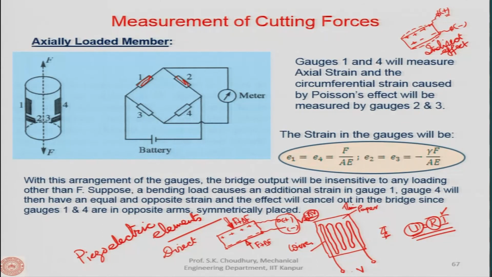So, this delta V will actually measure the change in the force that you are having, delta F. So, this change in the voltage, or the voltage itself because of the application of the force, you can correlate and say that this is the magnitude of the force equivalent to this voltage that you are measuring at the output.